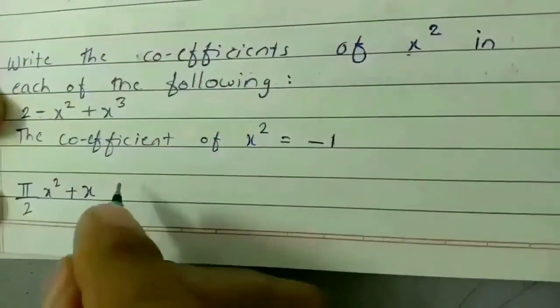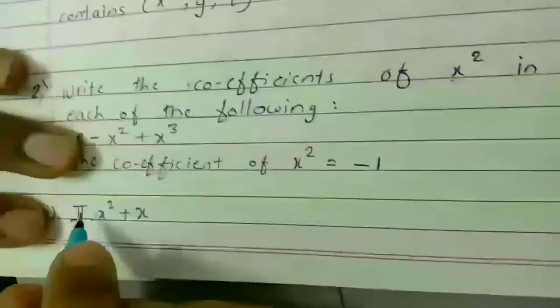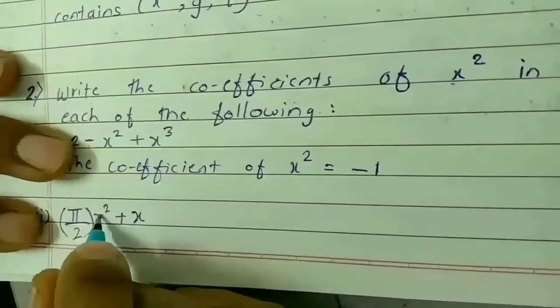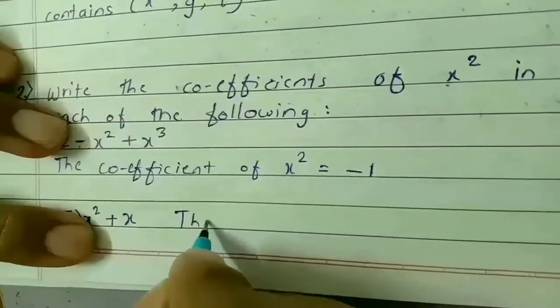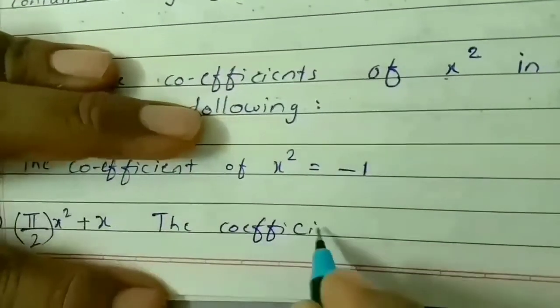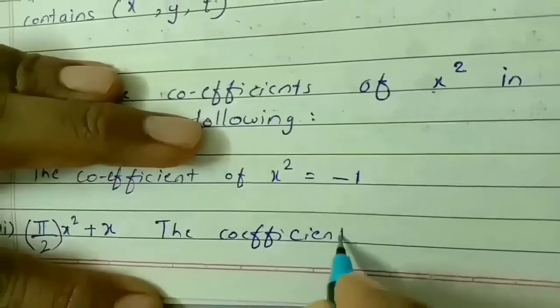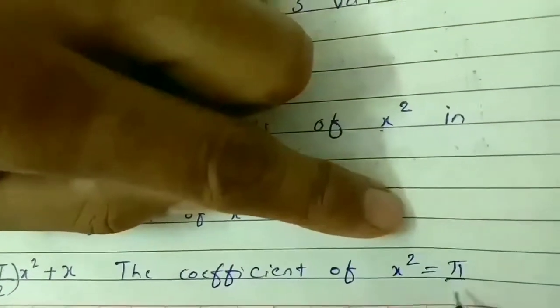The coefficient of x square is pi by 2. So how will we write? The coefficient of x square equal to pi by 2. Now let's start with